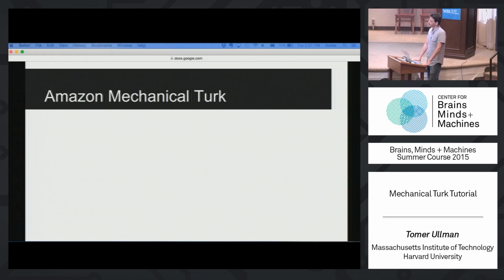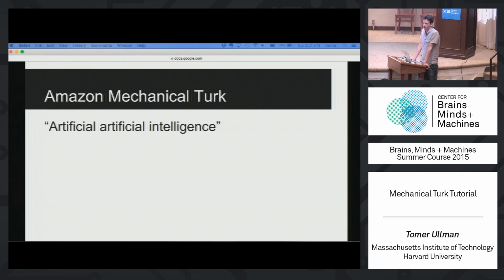This is a crowdsourcing platform which is designed to do all sorts of small tasks, not necessarily psychophysics. It was built in around 2005, and the signature tagline for it is artificial intelligence. So these are all sorts of tasks that you wish computers could do. You don't want to put people through it, but computers can't do it yet. So let's have people do it for now. Amazon invented it for in-house purposes to get rid of duplicate pages. They really wanted an algorithm to do that for duplicate postings, but there really wasn't one, so they just paid some people very little money to do a lot of these pages. And then they figured, wait a minute, a lot of companies probably want this sort of service, so they offered it to the general public.